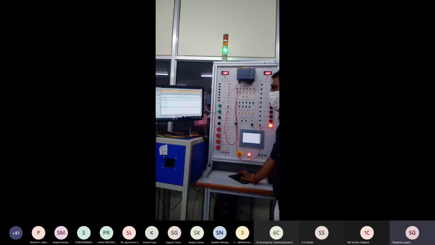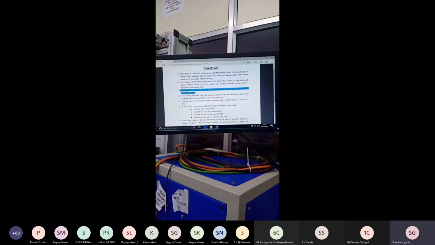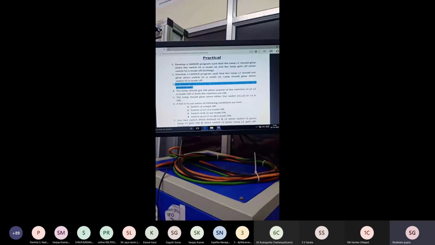Let's take another. Just think about that program. Just read it. An output lamp should get on when two input switches S1 and S2 are on. Which kind of condition are we using?